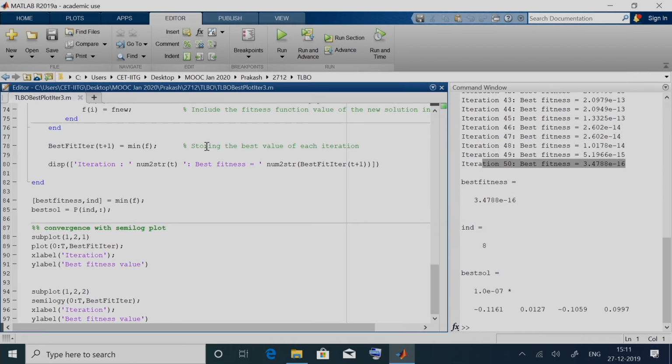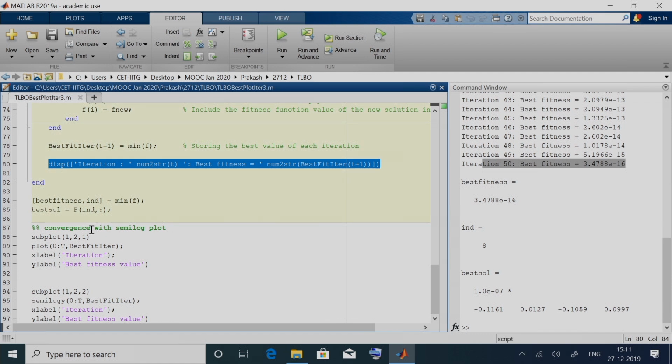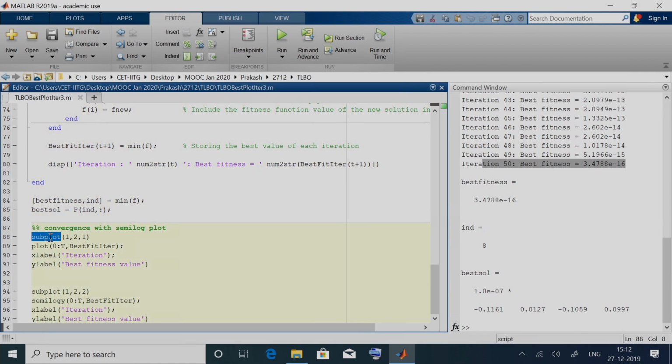Right. So, in this case, in addition to displaying this, we also plot. You might have used the function subplot. If you have not used subplot, you can quickly do a help subplot and learn the features of subplot. Here we are going to divide the figure, the plot window, into one row and two columns. That figure is going to contain two plots, and the first plot is indicated by position 1 and the second plot by position 2.